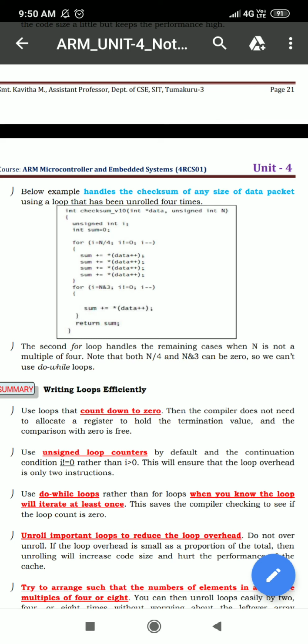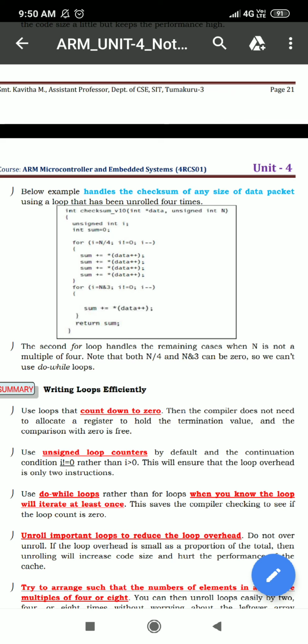And as another example, say the number of words is 4. In that case, the second for loop will not be executed, while the first for loop index variable will be initialized with 1, since 4/4 gives i = 1. Is 1 not equal to 0?